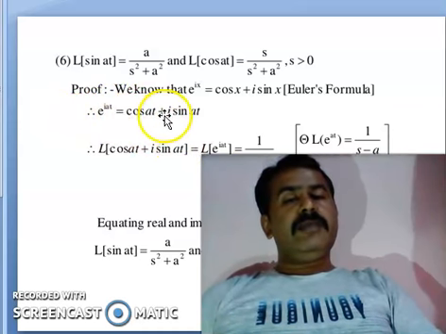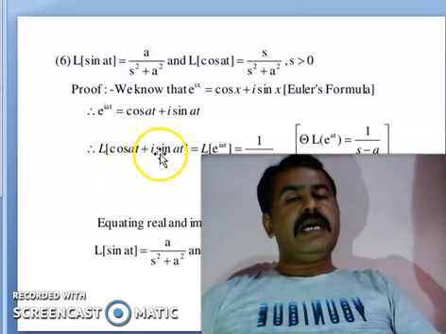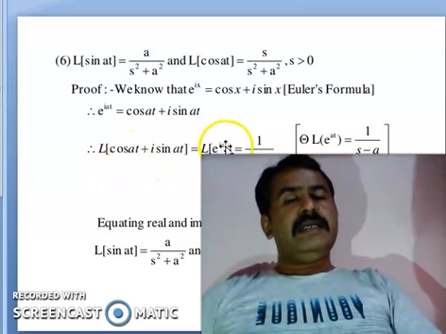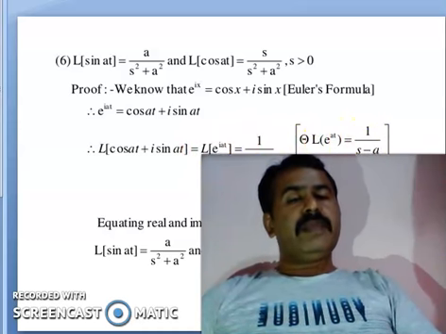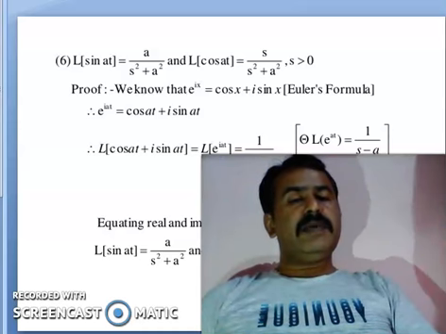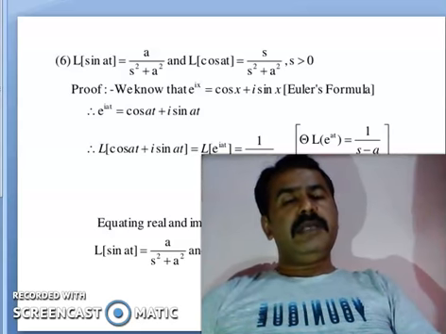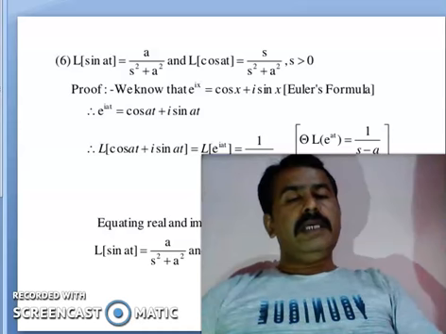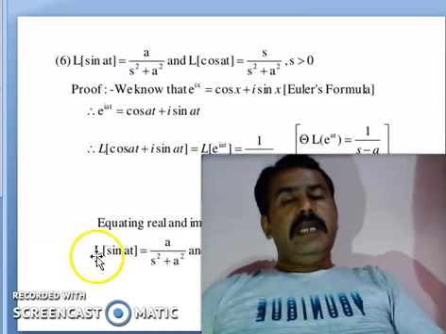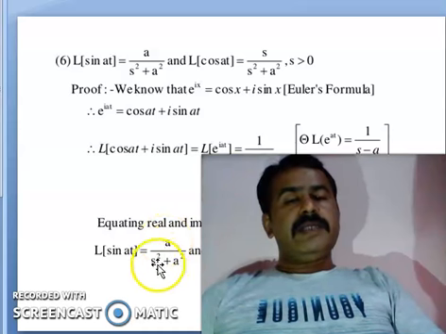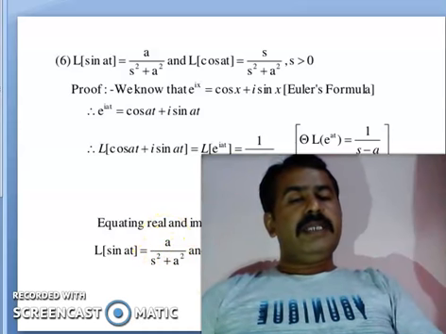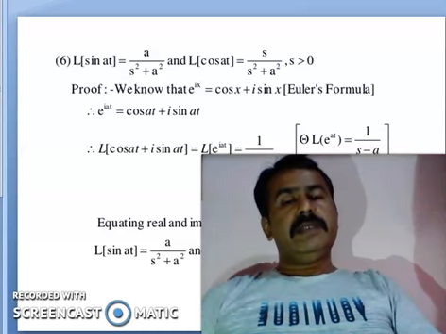Now taking Laplace both sides, L of cos at plus i sin at. As we know, L of e to the power at is 1 by s minus a. After simplification, we will get the result: s divided by s square plus a square plus i of a divided by s square plus a square. On equating the real and imaginary parts of these equations, we get L of sin at becomes a divided by s square plus a square, and L of cos at is s divided by s square plus a square. So this is the